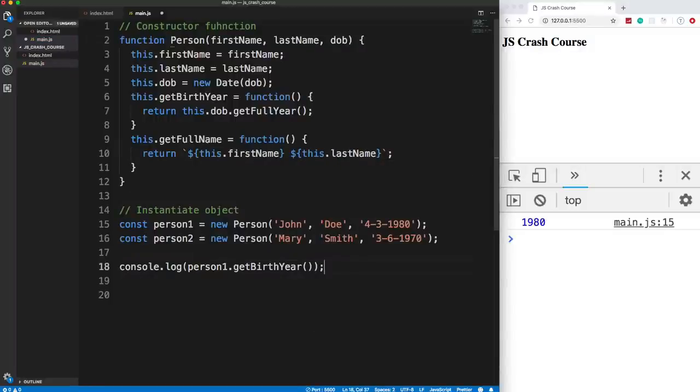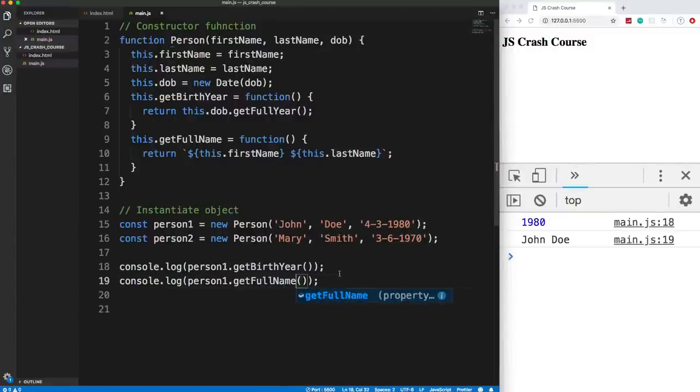All right, we'll go down here and we'll say, let's just copy this down and let's run the method getFullName and save, and we get John Doe. All right, and you could put absolutely any functionality you want in here, and you can integrate the different properties for each object. All right, now I want to talk a little bit about prototypes, because this isn't the best